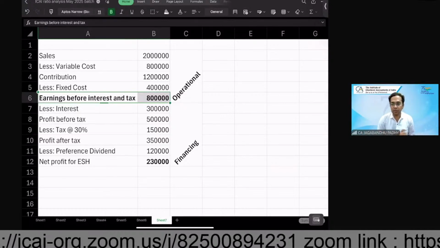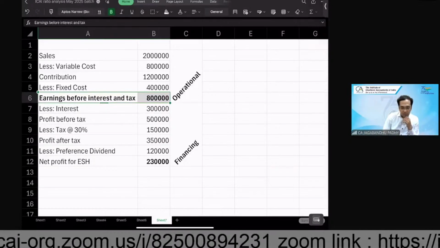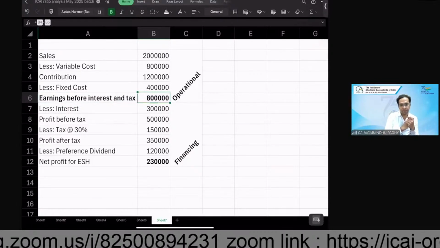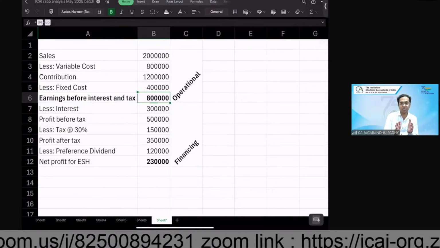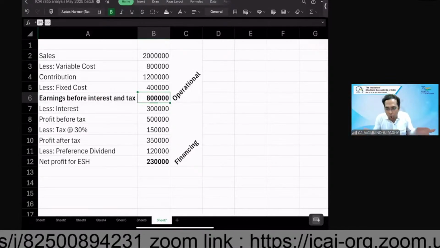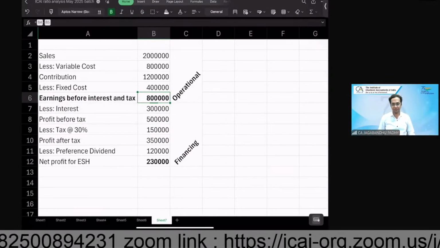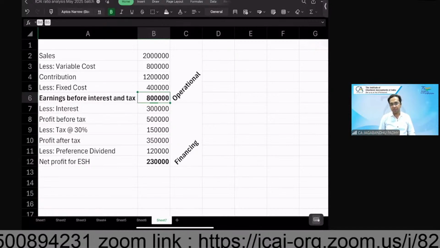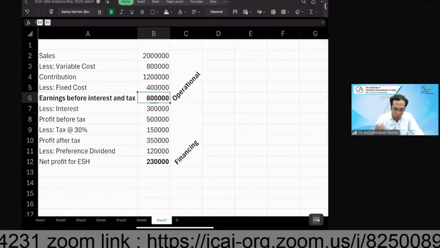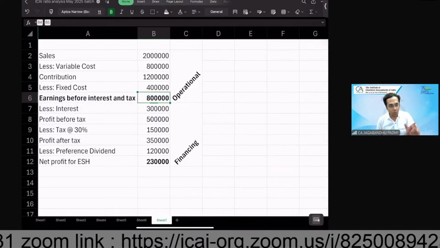Who has a right over these earnings, guys? The company is earning this 8 lakh rupees for whom? This 8 lakh rupees is earned for whom? This is for all the fund providers. Am I right? Sir, EBIT, earnings before interest and tax, is earned for all the fund providers, out of which